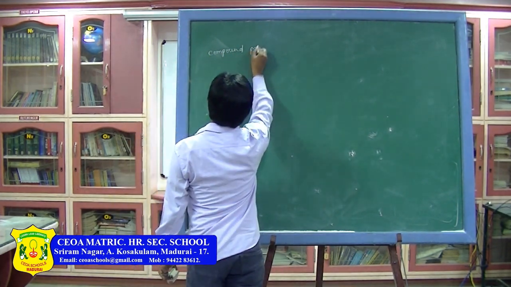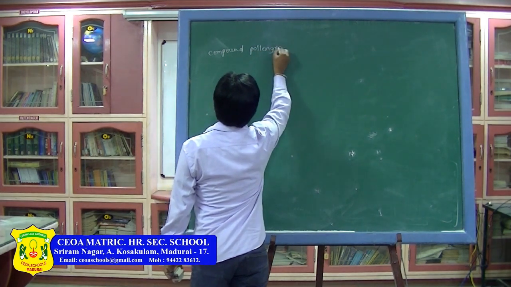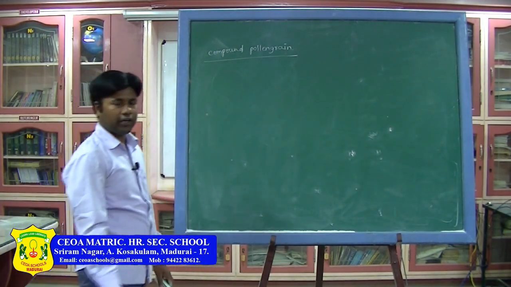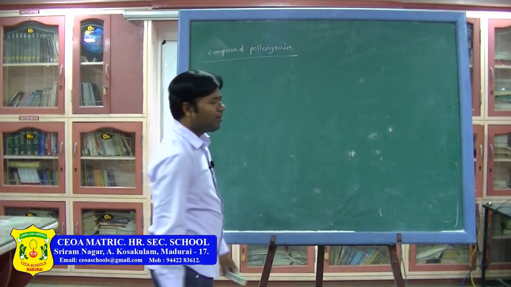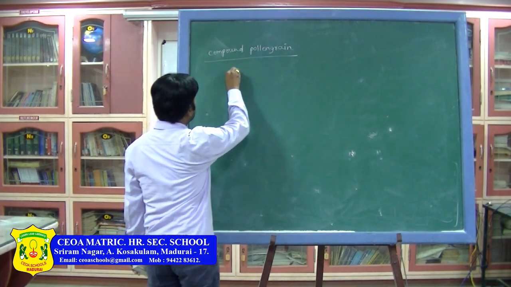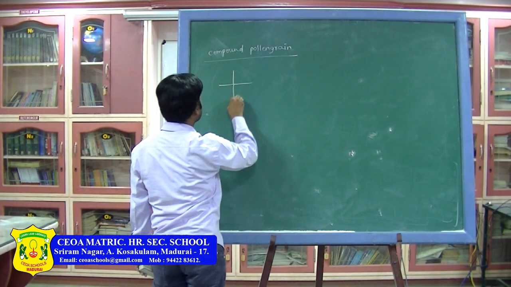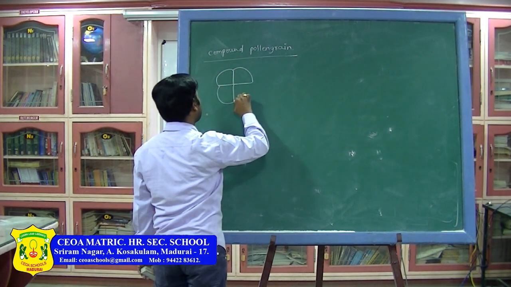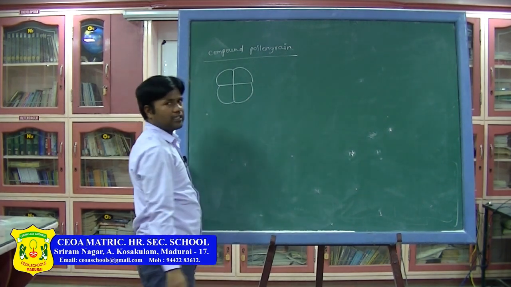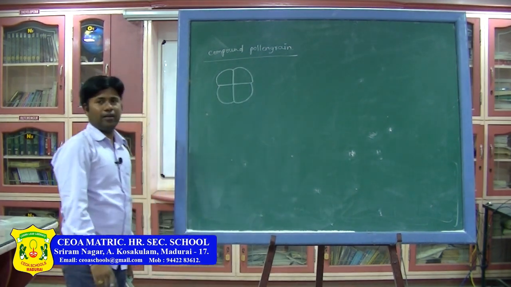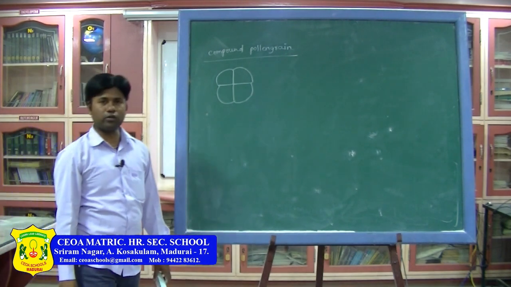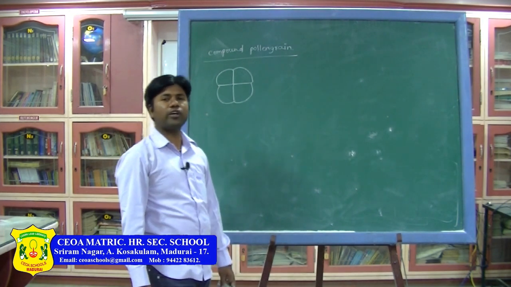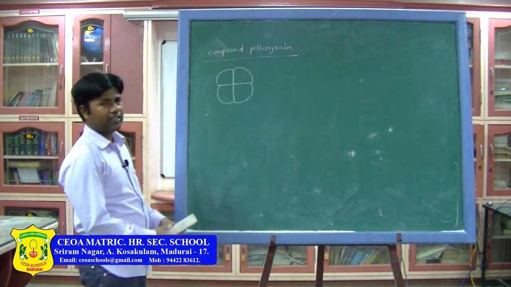Compound pollen grain. What is that? What is compound pollen grain? Compound pollen grain means, here we know the microspore tetrad. This is the microspore tetrad. Yesterday only we learnt regarding the microspore tetrad, and types of the microspore tetrads also we learnt based on the cytokinesis: isobilateral, tetrahedral, decussate, linear, T-shape. These all 5 types. Where do you find? Aristolochia elegans we have seen in yesterday's class.